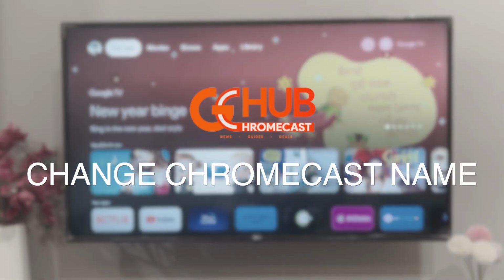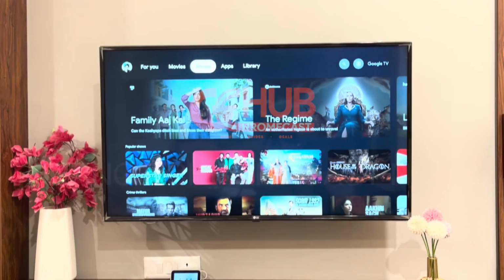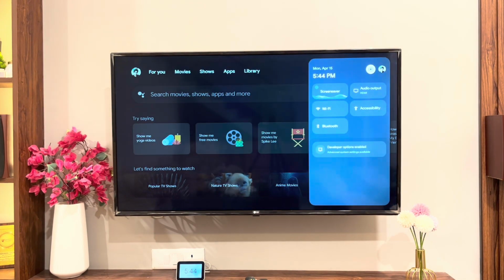Hub. In today's video we are going to show you how you can change the Chromecast name. So first of all, you need to head over to the Chromecast settings,